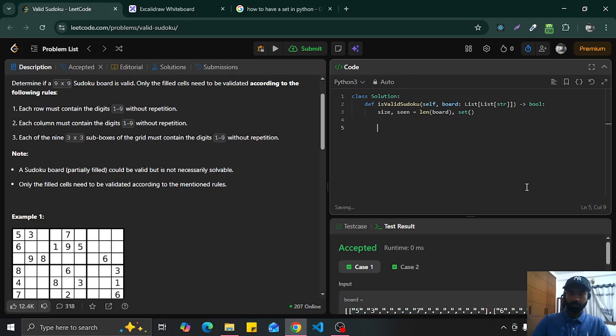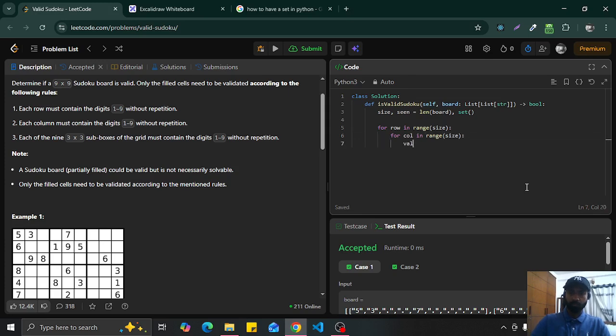Okay, for i in range size. Okay, let's say this is row, and for col in range size,